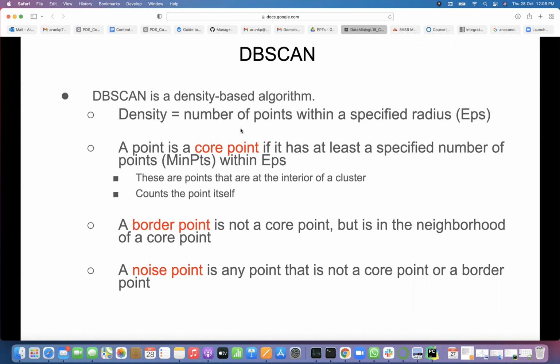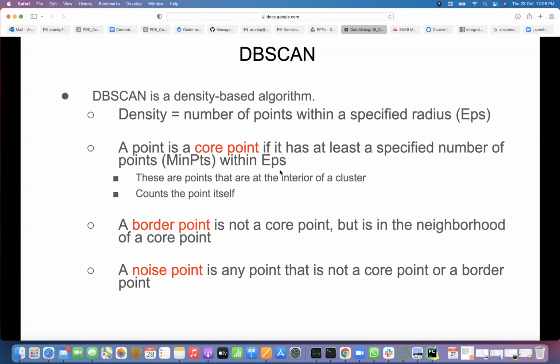If you are given point X, within 1 unit distance from X, how many other points are falling in the data set? The density of X is exactly the number of points falling within the specified distance from that point. A point is a core point if it has at least a specified number of points within EPS.